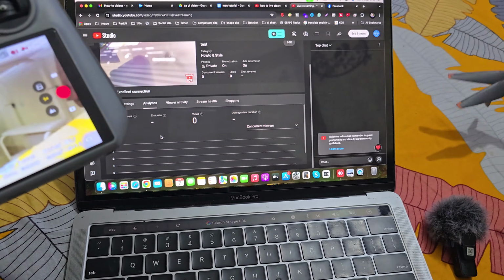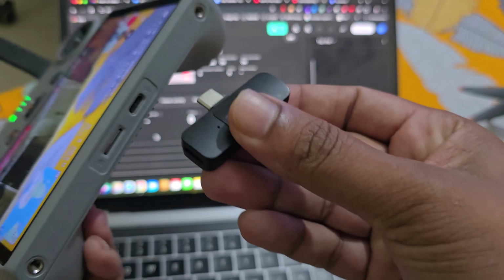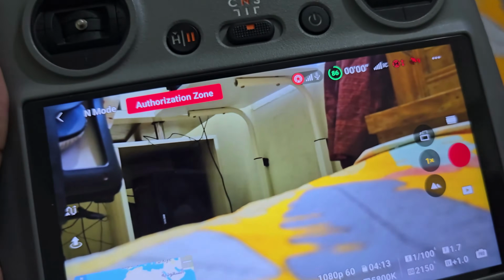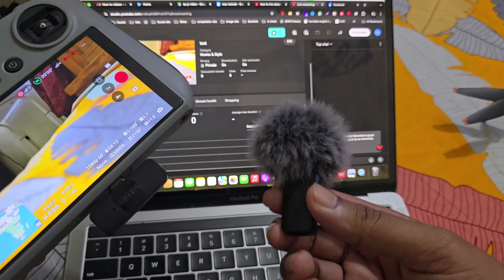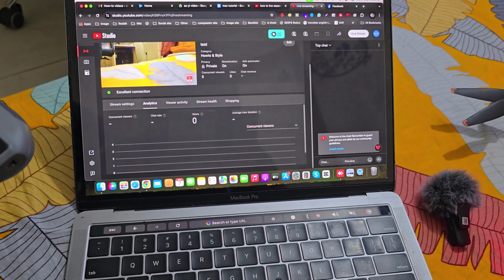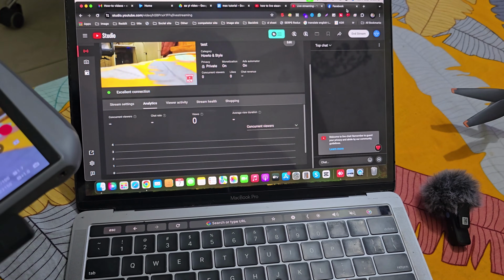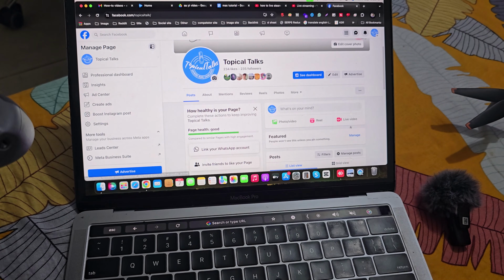And now if you want to use a microphone, then just insert it. Then you can see the microphone option is also enabled, and turn on your microphone, and you can use your microphone as well. And for Facebook, go to your Facebook, then go to your Facebook page or profile, then press on